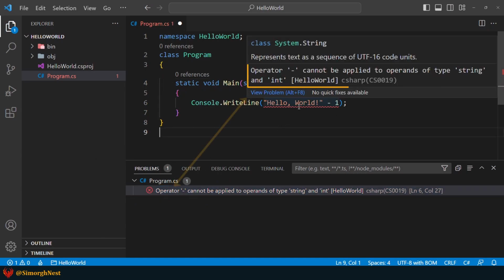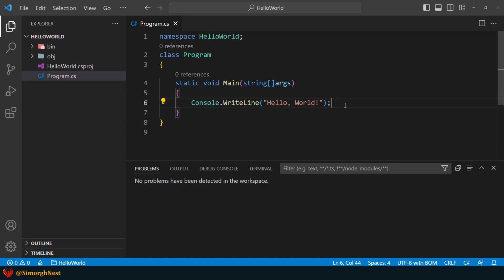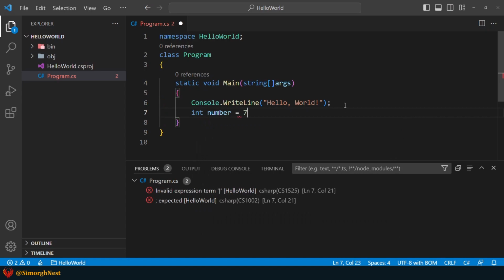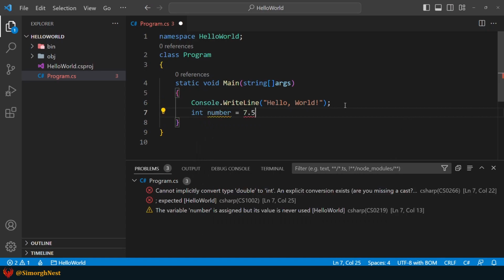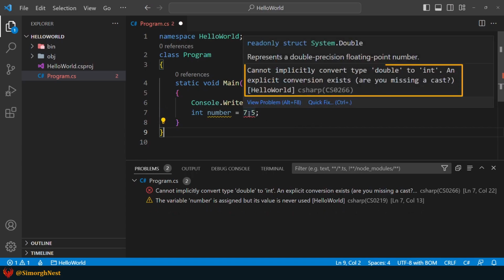The compiler is complaining and saying it makes no sense to me. Now let's show you an example for a wrong variable. Let's say int number equals 7.5 semicolon. In this statement we define a variable. As you see, the syntax is correct, but this statement makes no sense to the compiler.